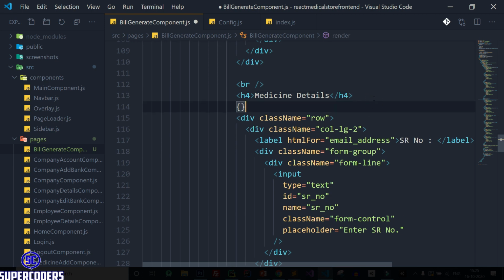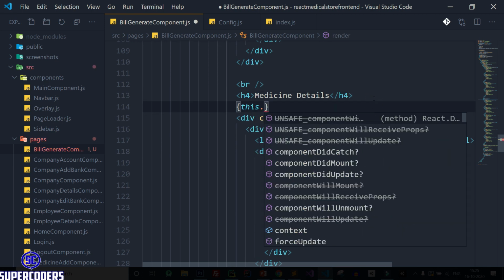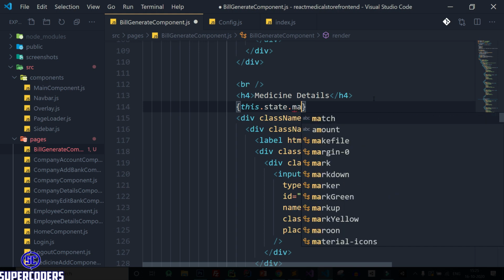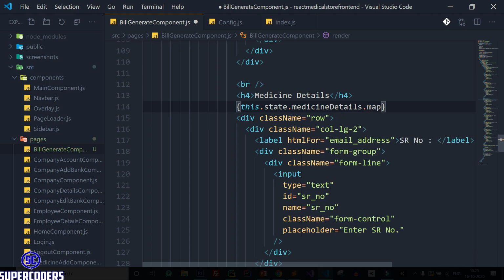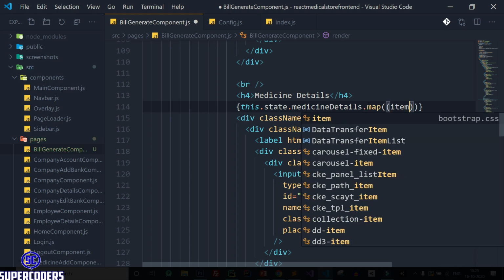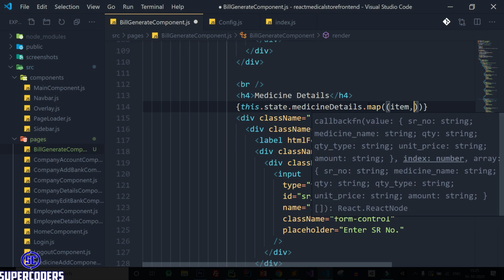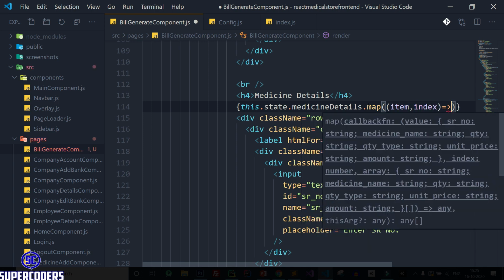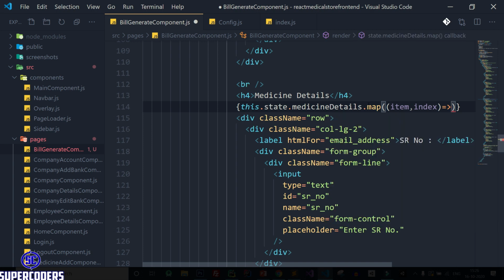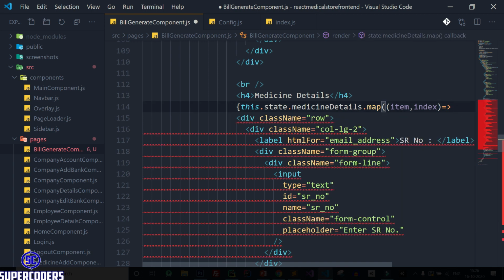So here this dot state dot medicine details dot map, item, index, arrow function. Now cut it and close it.